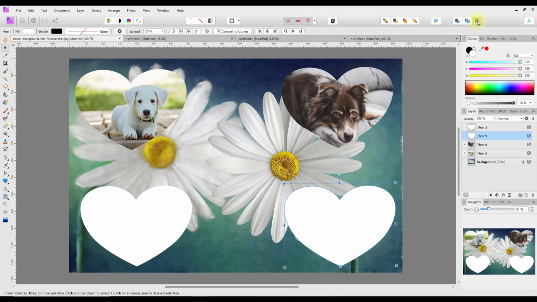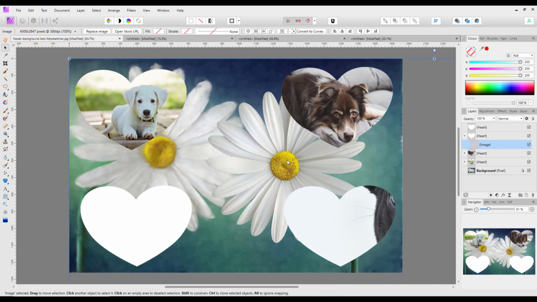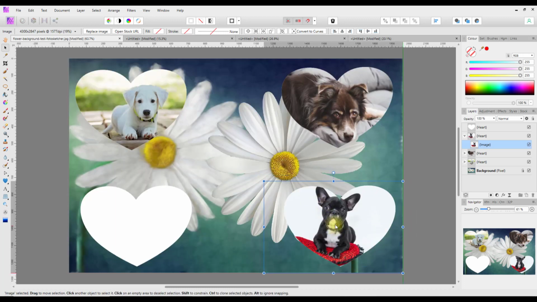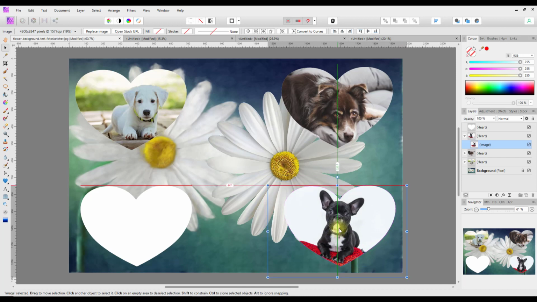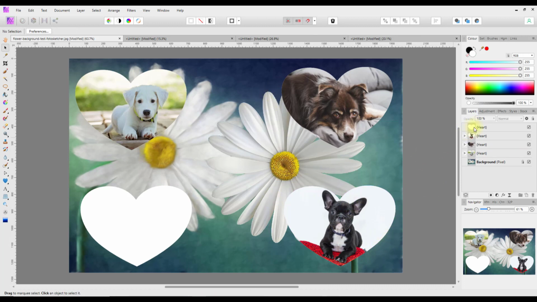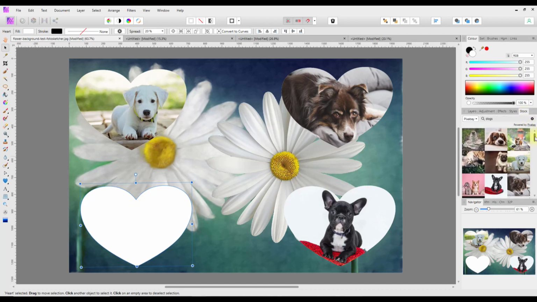So if you click on that, the next thing you do will make a child layer of the highlighted layer. So I will paste, and again we're going to have to resize this, again holding down the control key to keep the proportions remaining the same, and then it's just a case of positioning it. And there's the third dog and the last heart,